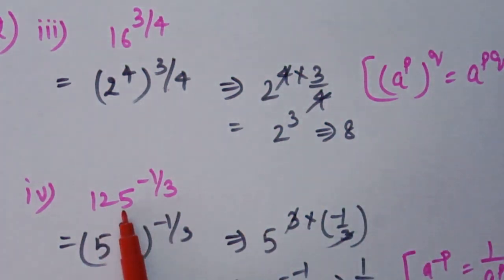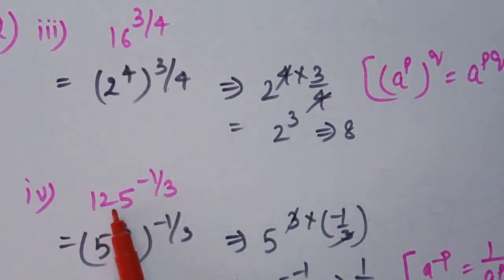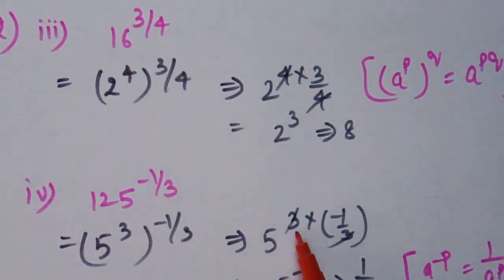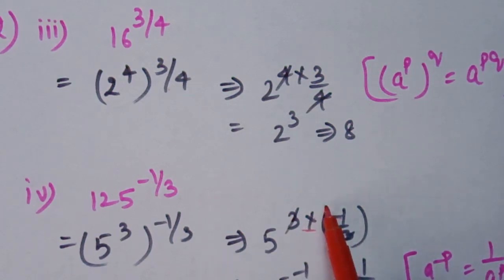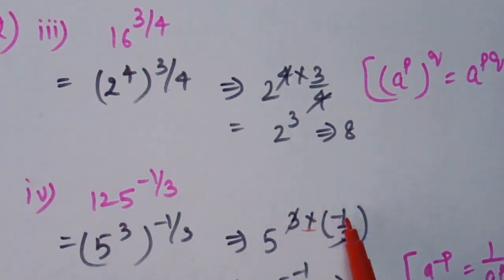Next, the fourth part of the second question is 125 raised to the power minus 1 upon 3. First of all, we have to change this number with prime factorization, 5 raised to the power 3 and then the whole power is minus 1 upon 3. Again with the same law, we will multiply both the powers. Remember one thing, if we have a minus and multiplication, two signs are there, we will put brackets. 3 cancels with 3, 1 with minus 1,